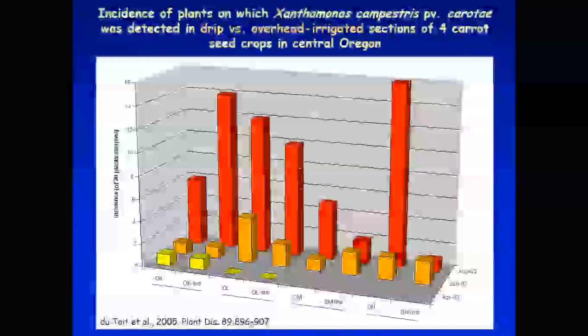So you can see the amount of Xanthomonas in those crops increases very rapidly as the temperature warms up because it's a very heat-responsive pathogen, loves heat. But you can see in almost all of those fields except for field K, the amount of Xanthomonas in the field was significantly reduced if the field was drip irrigated versus overhead irrigated. Okay, and that's just over the board. You get the occasional exception for other reasons that confound all of measuring this, but it's the reason 60% or plus now of carrot seed crops are grown under drip irrigation in Central Oregon.